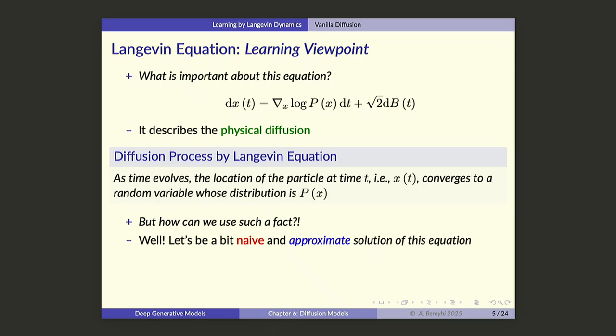Okay? Everybody's clear? You got the idea? Okay, so this is what, as I told you, explaining the diffusion of a particle inside